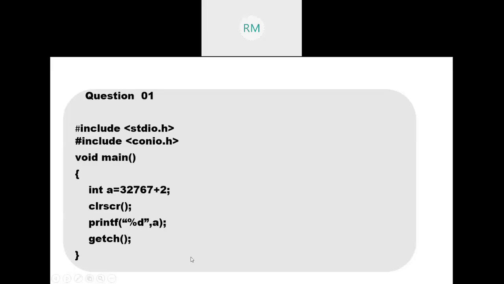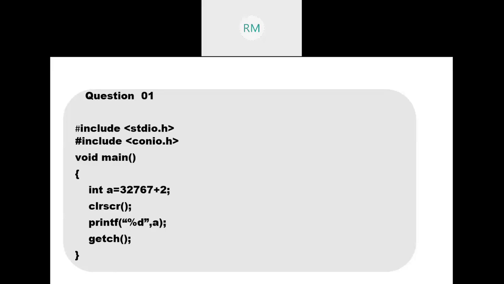So answer this question. You can see the question on the screen. You can answer this question, then I give my explanation. These types of questions are asked in technical interviews. They won't ask you what is the size required for an integer. Those types of questions will not be asked. Everything is logical. Yet there is some logical issue. That's why they ask the question.